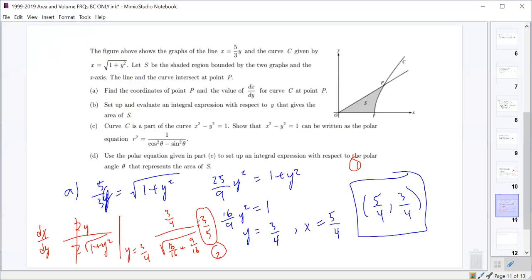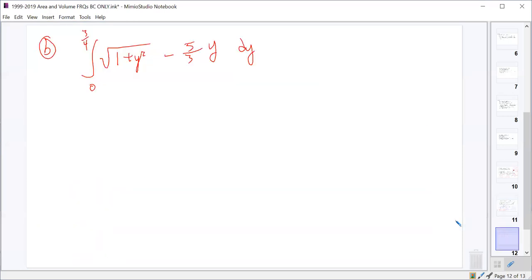I didn't write that this was a calculator question, so you should have been able to use a calculator for that. But if you didn't, you should be able to do it without. So the integral from 0 to 3/4 of √(1 plus y squared) dy minus the integral from 0 to 3/4 of 5/3 y dy. And so this one, you would